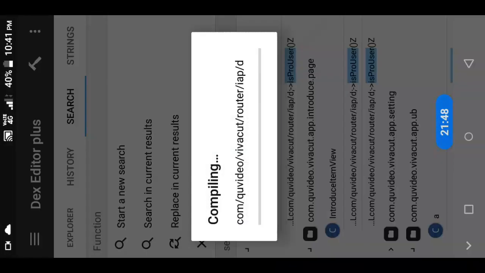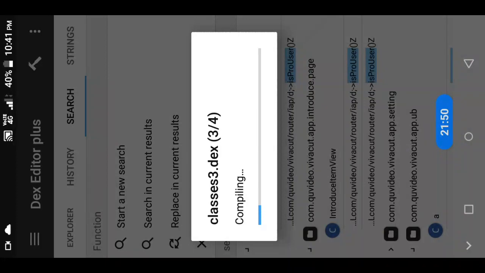So now I will save here. Now I don't know if it will work or not, but I am trying it.